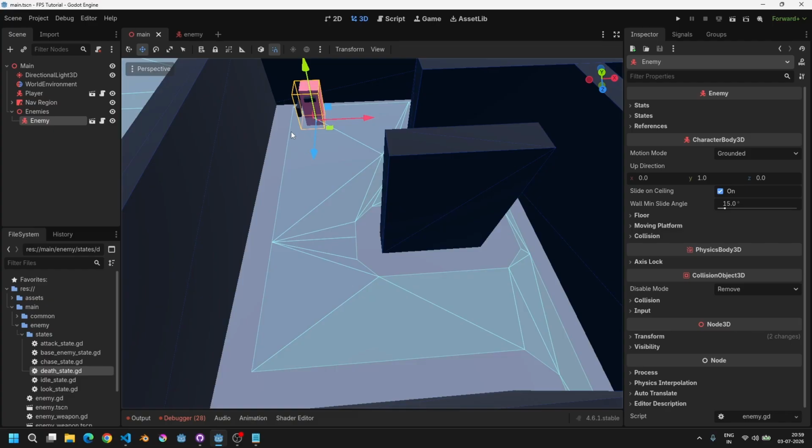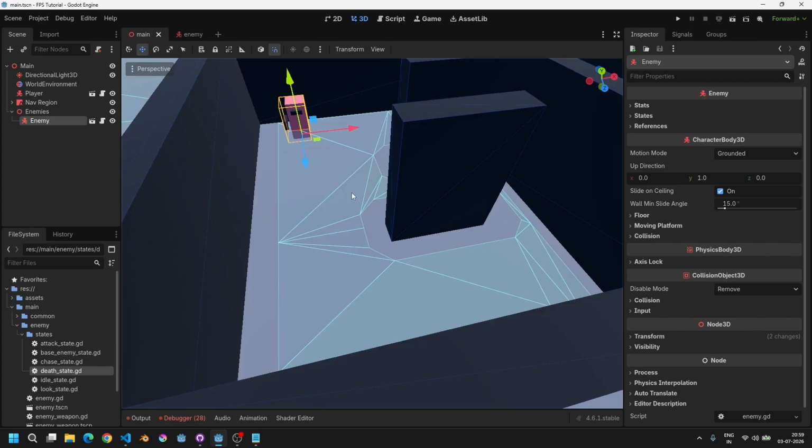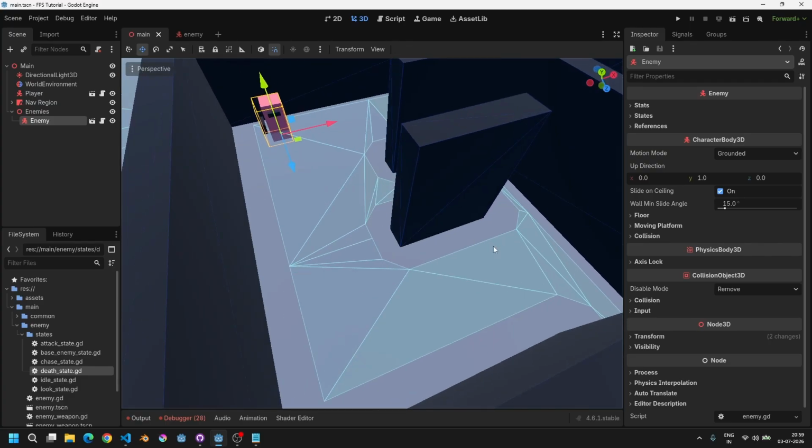So I'm making this very simple right now, and of course you can add your own logic on top of it, but for the purpose of this tutorial I will keep things simple. So with this understood,